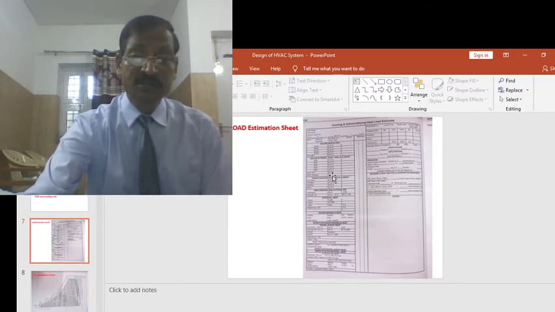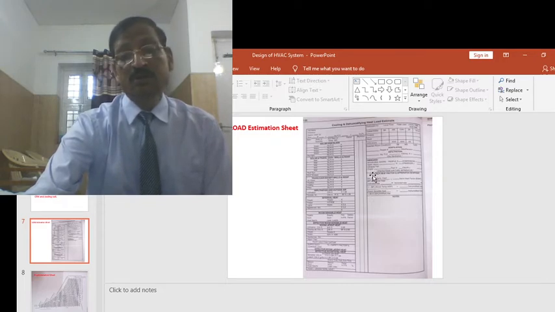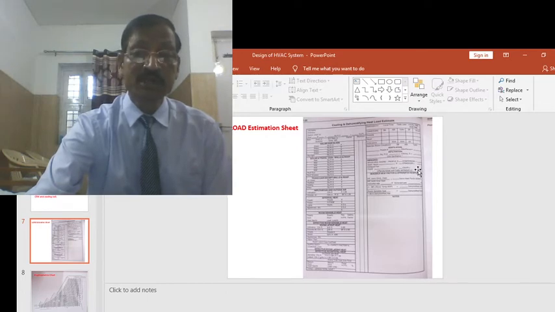Similarly, transmission gain through the glass walls and heat gain through the floor and partition wall, then lighting load, equipment load, and load due to the occupancy. We calculate the total sensible load, then the latent load due to infiltration, outside air, and occupancy. Based on that, there is a total load, and after calculating all this load, by selecting the apparatus dew point and bypass factor, we work out the dehumidified CFM. And based on that, we work out the selection of the other equipment.